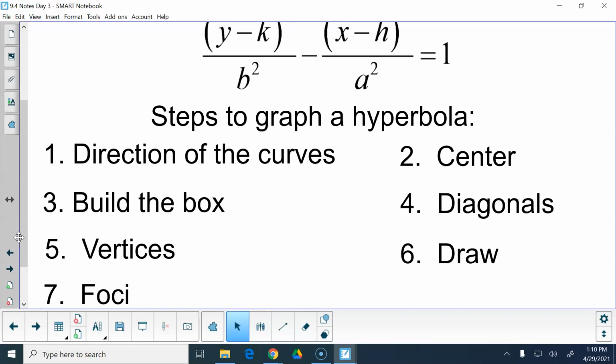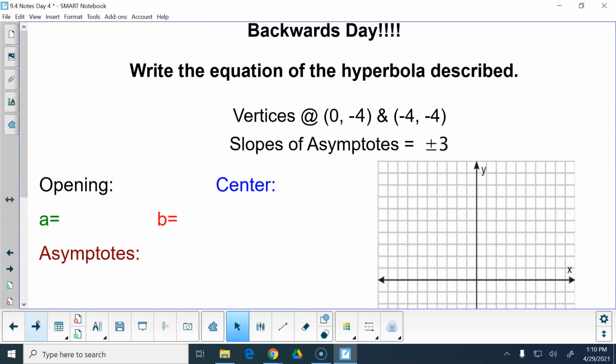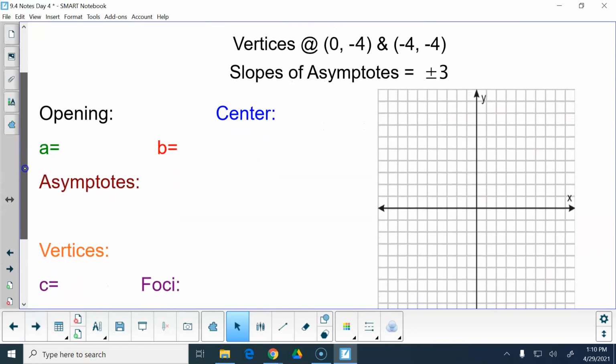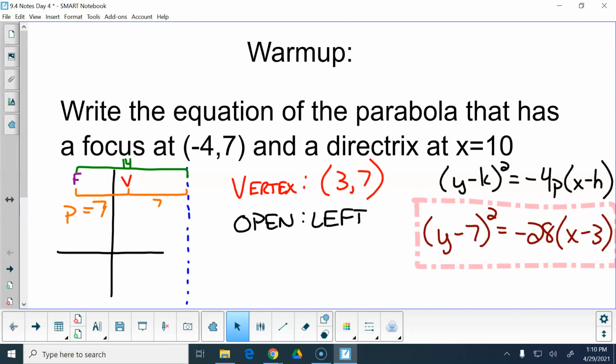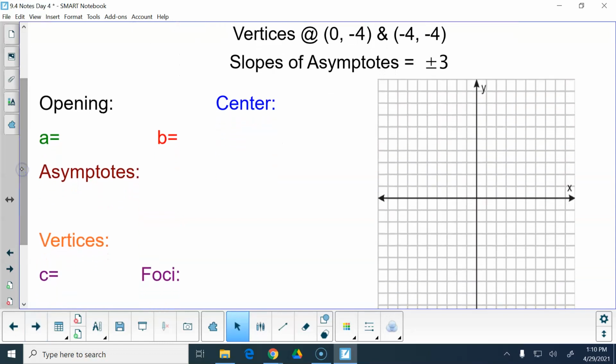Yeah? Today, what we're going to do is work backwards. Backwards day. So it's going to help you to have a graph or a sketch, just like we made that sketch right here of the parabola that we found. It's going to help you to make a quick sketch of whatever it is you have. Now, you're going to need to reference back a little bit, too, to figure out what's what, where things are, all that fun stuff. But I think you guys have the aptitude to figure